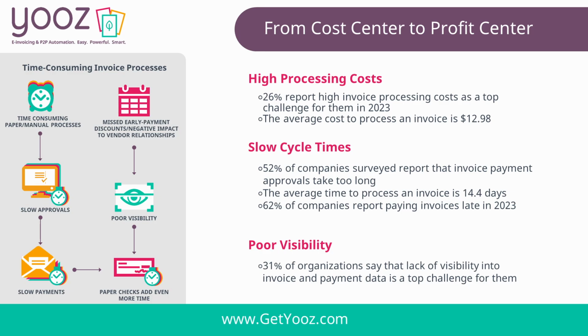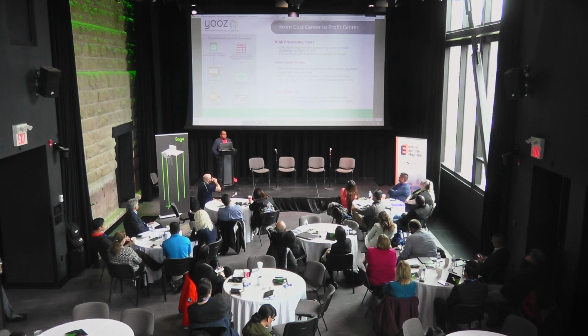But 62% of companies are having to pay late invoices as of last year. And I'm pretty sure everybody here has paid a late invoice or two in their day. And the main thing to automating, right? And so, kind of back to everybody speaking earlier, no visibility, right? We see that 31% of organizations say that they lack visibility in their AP process today.